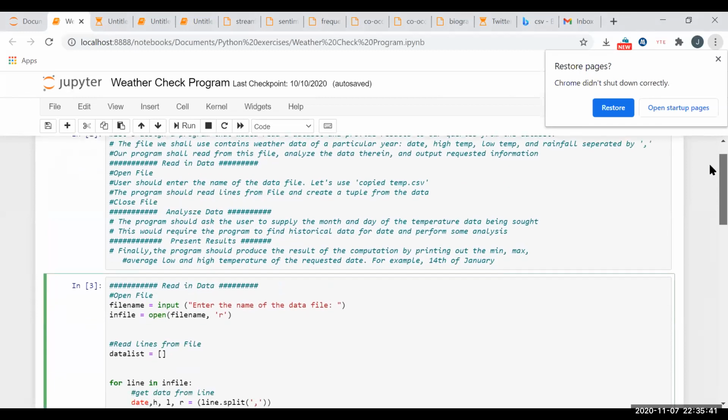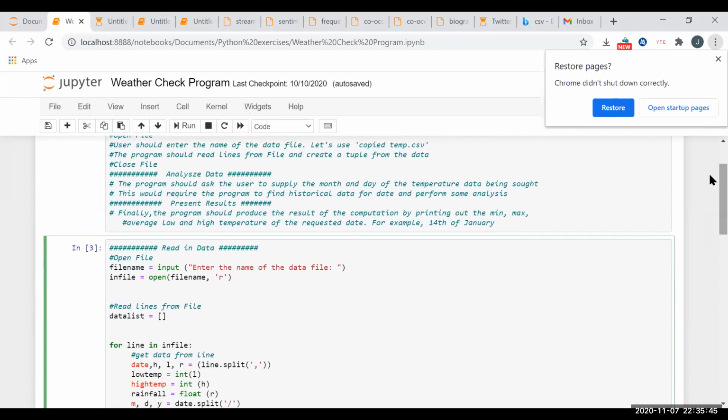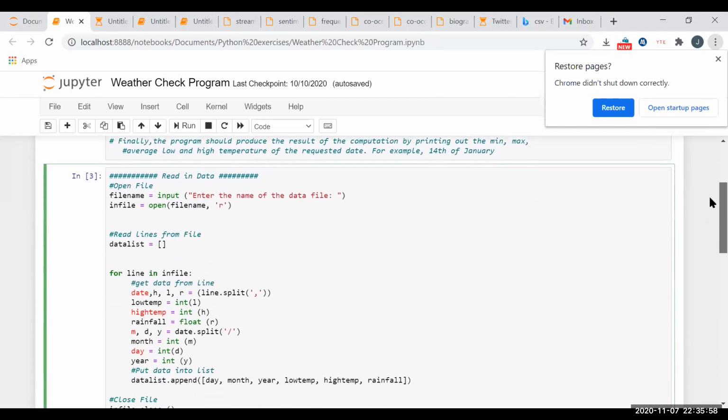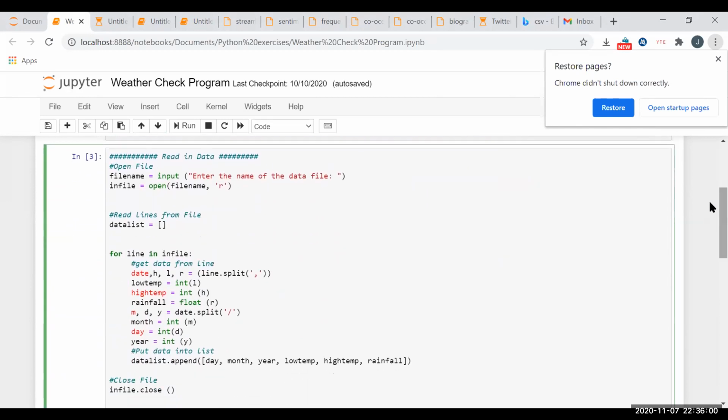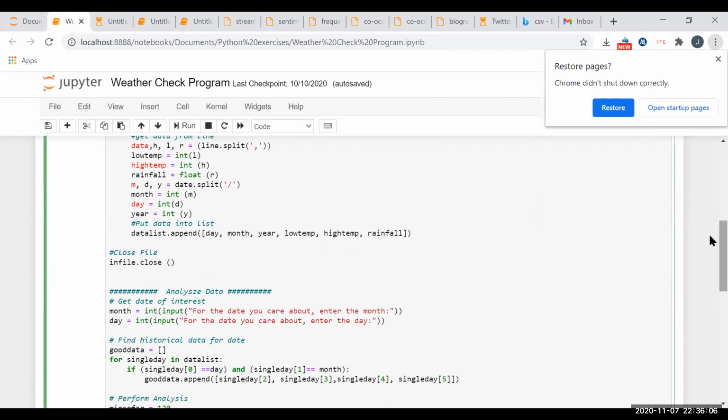The essence of the app is to allow users to input data, and when you input the file's name, we want it to read it, read certain lines from the file,